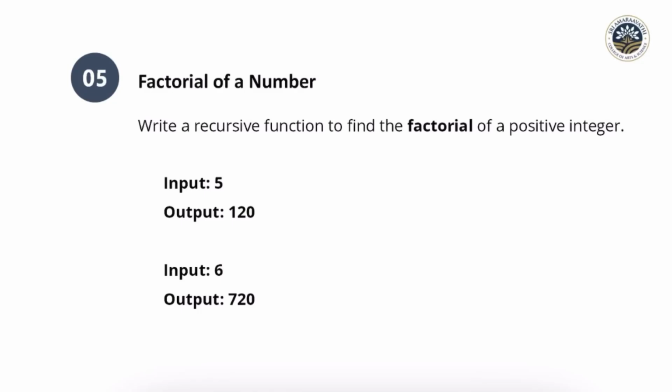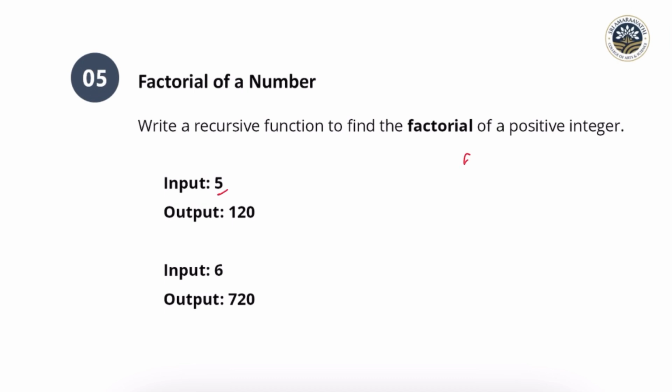Hello world, here you have a question: factorial of a number. A very easy question to solve, and it takes only a few seconds. So the thing is, you just need to understand what the factorial of a number is. If you have the factorial of a number, for example, if the n value is 5,